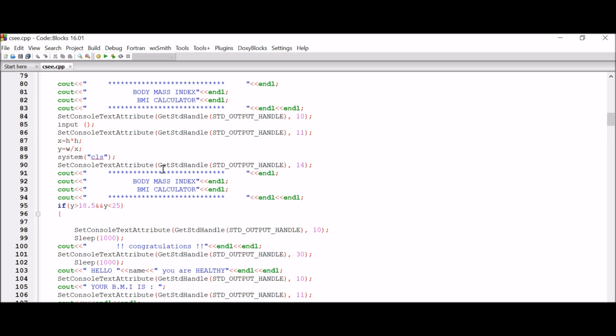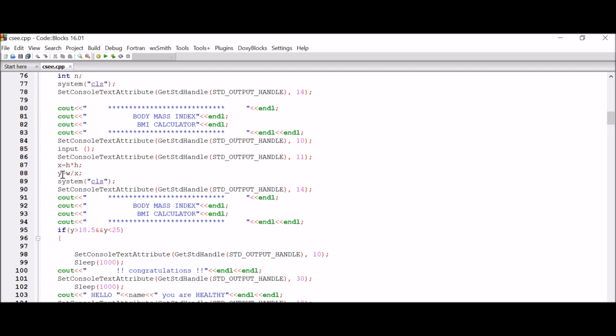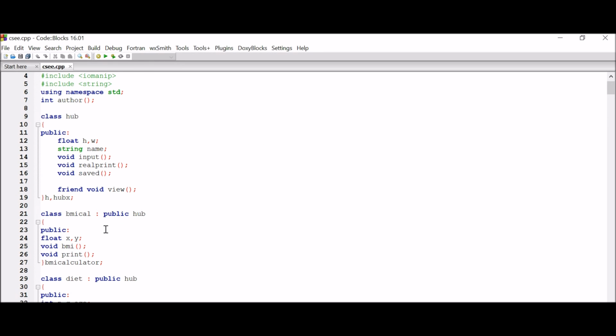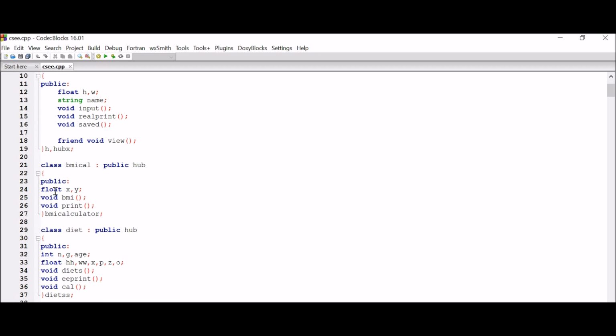Now, as we know the formula of BMI, I have used it here. The formula of BMI is what? Weight in kilograms divided by the square of height in meters. So in class BMI calculator, I have taken two variables, x and y, of float data type.